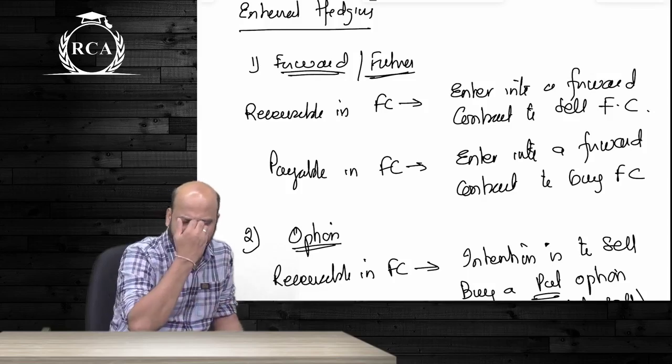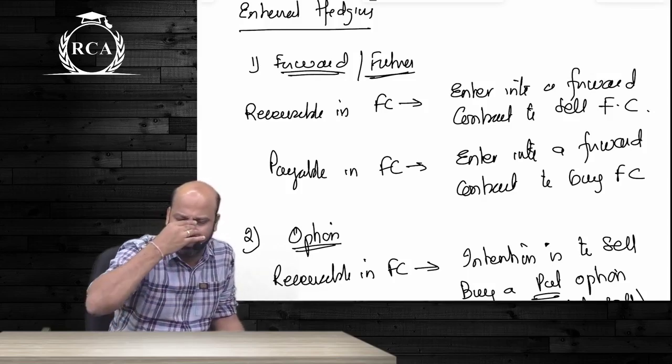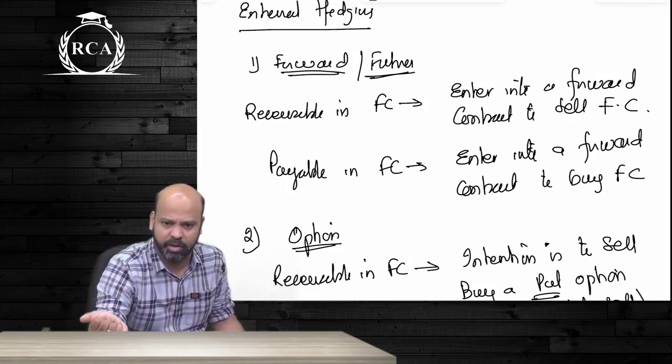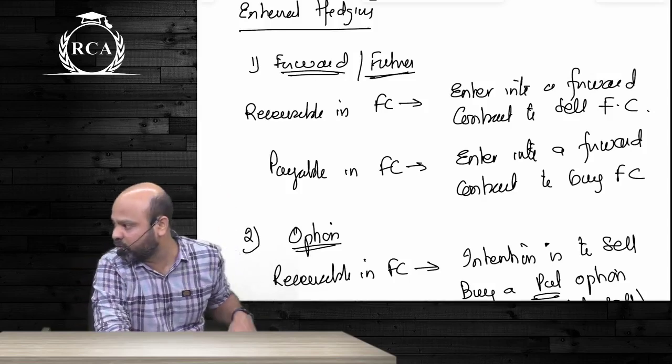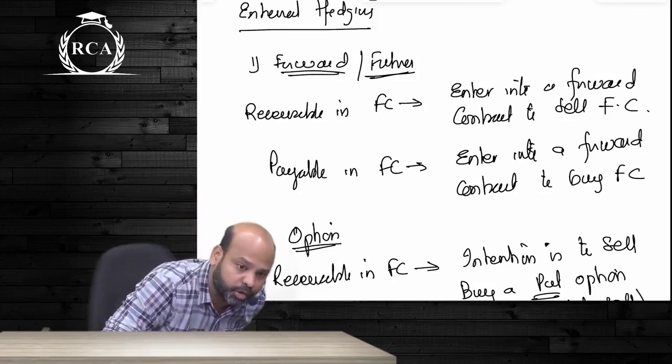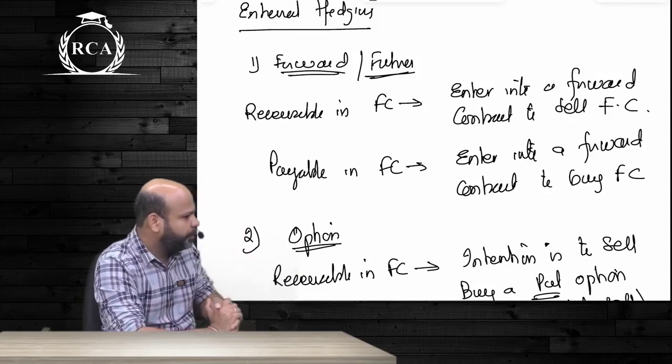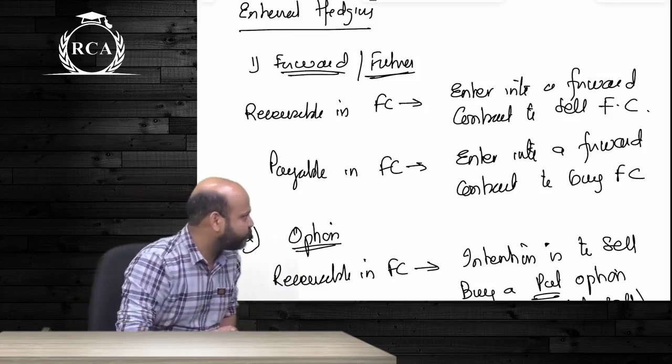फॉरवर्ड हेजिंग में बेटा it is delivery settlement unless otherwise given. डिलीवरी सेटलमेंट मतलब ये लो तुम्हारे डॉलर पैसा दो, या फिर ये लो तुम्हारे रुपीस डॉलर दो, जो भी है बेटा. So in case you have a receivable in foreign currency, you will enter into a forward contract to sell foreign currency. In case you have a payable in foreign currency, you will enter into a forward contract, guys, to